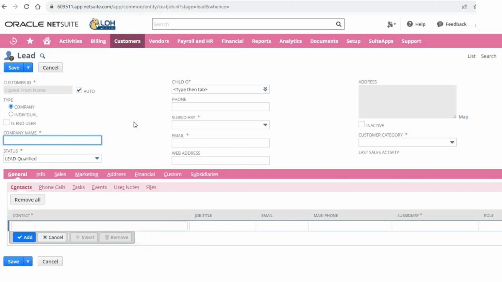So on this general page, there are some required fields that you need to fill out. Everything with an orange asterisk next to it is required. Anything that does not have the asterisk, you could fill it in or not. So in this case,